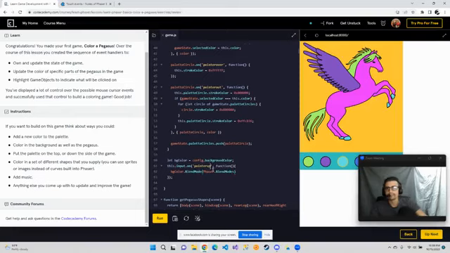Wait, let's do pointer over. So if I hover the pointer over, blend mode phaser dot blend modes dot screen that we've learned. So if I run that,